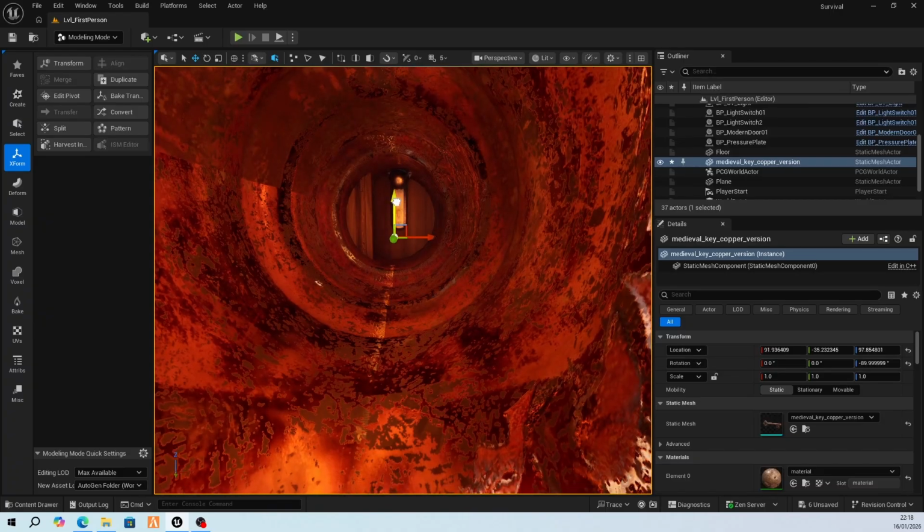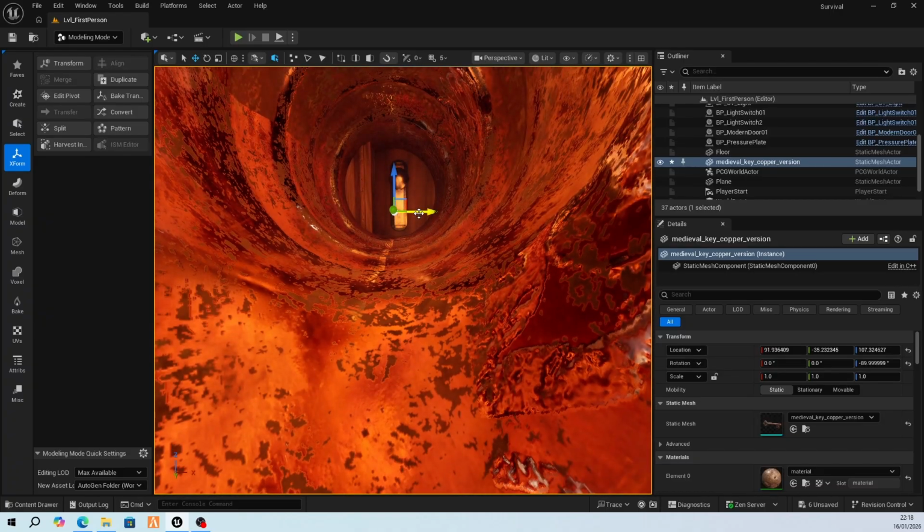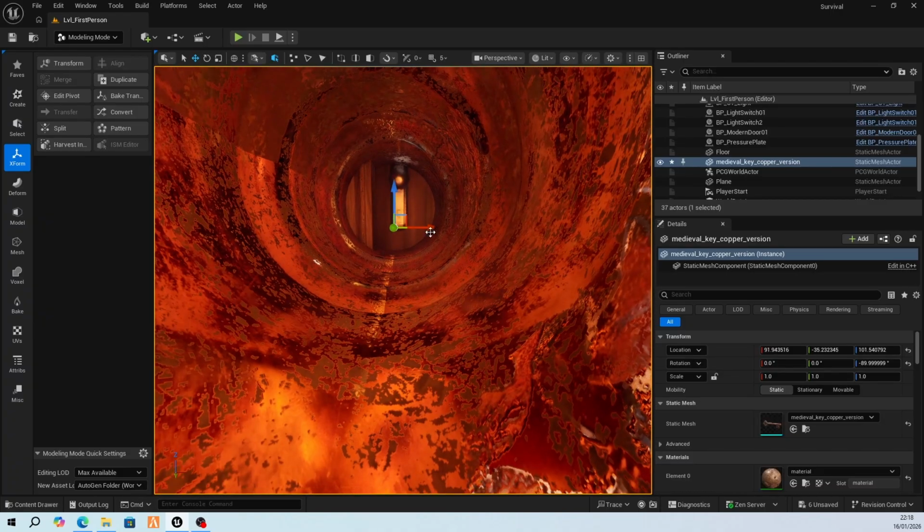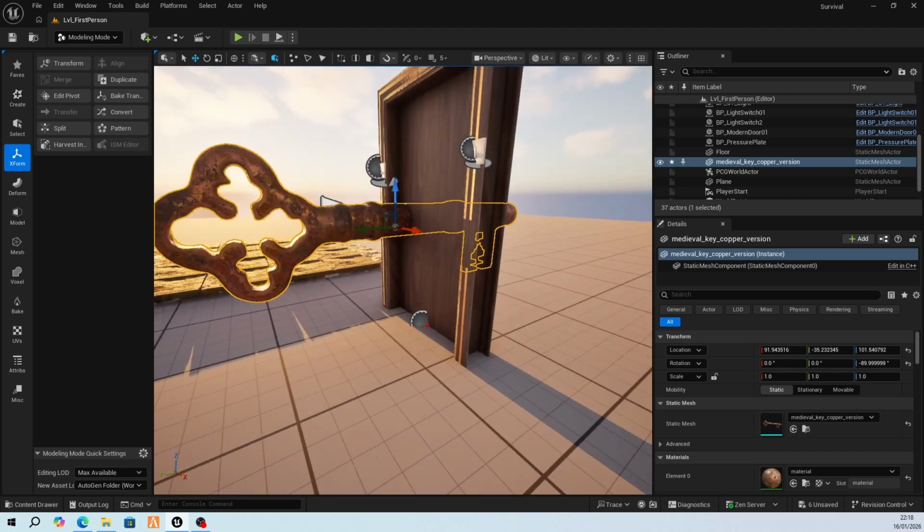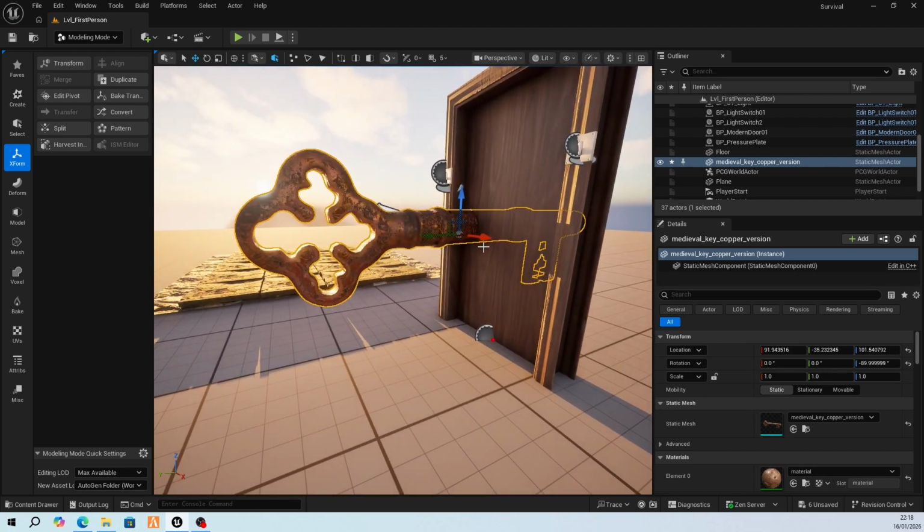It's not far off at all. Let's bring that up. Oh, actually no, we've got to go by the size of the key. Okay, it's now by the door handle. Now that is enormous. We're going to have to scale this down. So let's bring this down to